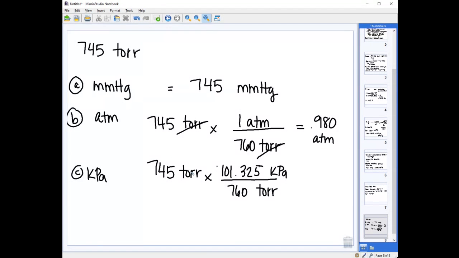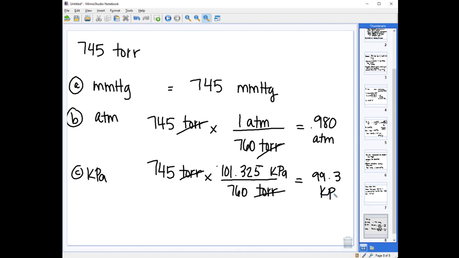So when I'm doing these conversions, I'm always going to set them up where what I'm looking for is on the top here, and what I have is on the bottom, so that I can cancel it out. Okay. So I'm going to say 745 times 101.325, and I'm going to divide that by 760, and I get